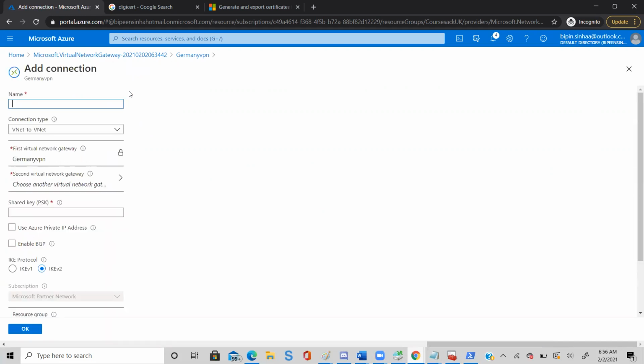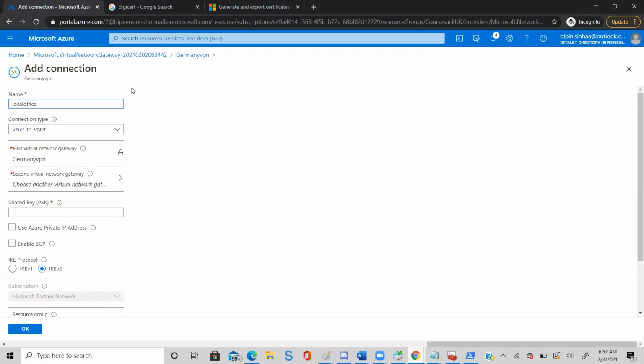Now you should give the name and IP address of your local gateway. But anyhow, we do not have to, just type here local office.